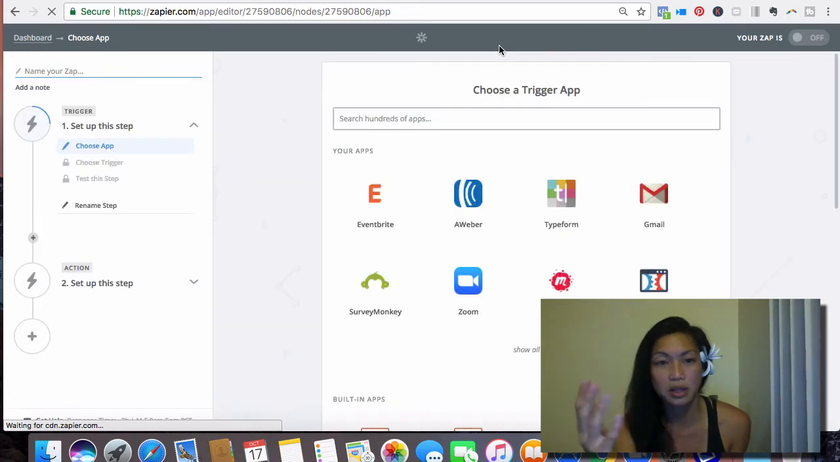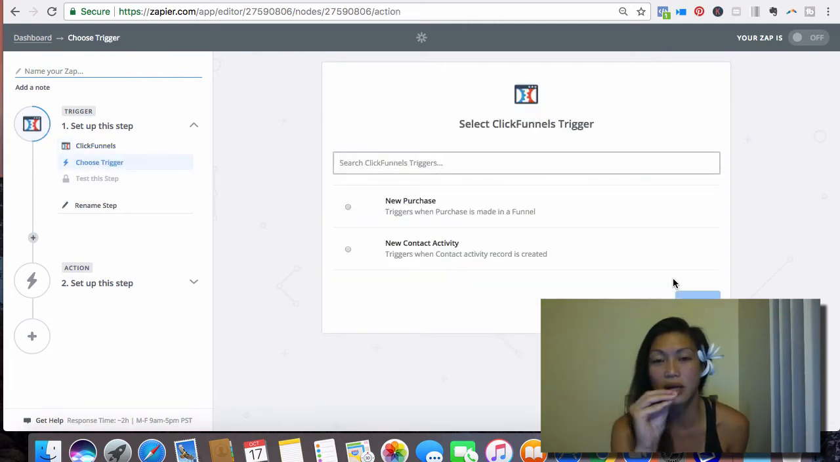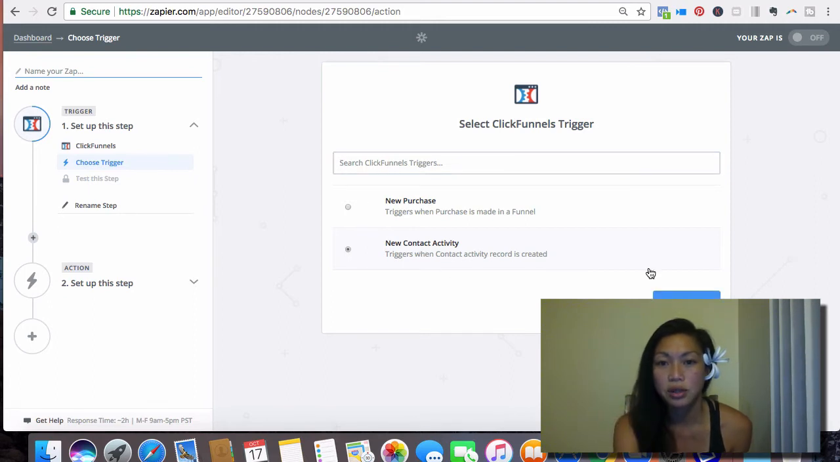So I realized actually when I was doing this tutorial earlier that I already have one for what I'm going to do. So I'm just going to quickly show you how it works and how it integrates. There's a bunch of different trigger apps here. What I'm going to do is have it talk to ClickFunnels. I want it to create, next time I have a new contact that registers,